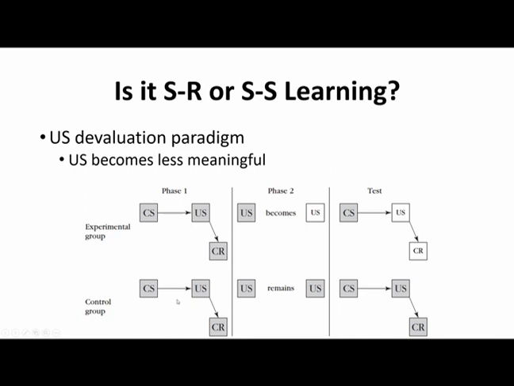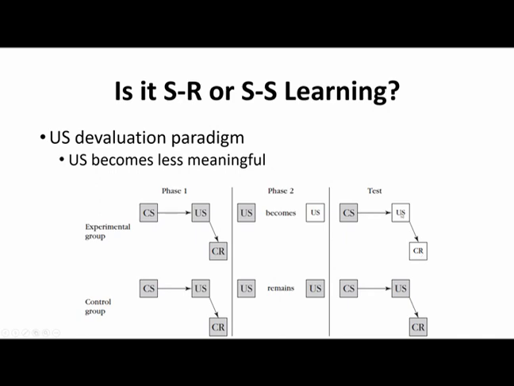If our conditioned response is being elicited by way of some association or representation of the unconditioned stimulus, we would expect exposure to that conditioned stimulus to produce a less intense conditioned response. So if the unconditioned stimulus still matters, if we're using SS learning, then we'd see a reduced conditioned response from